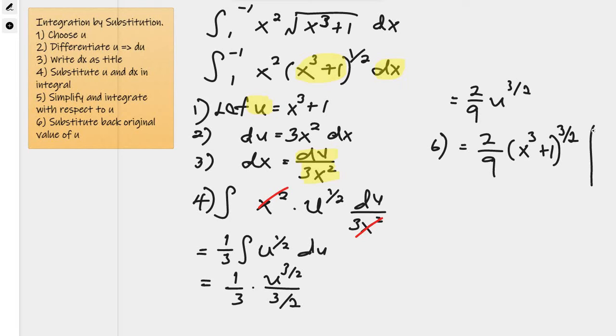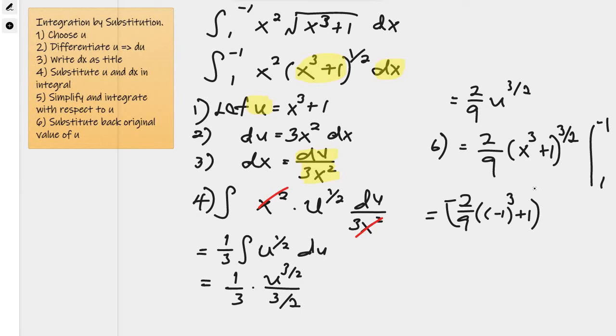So you need to integrate from -1 to 1. Remember, I have a definite integral over here. So I want to integrate from -1 to 1, so you need to substitute the values. Equals, I substitute my x equals -1 first. So 2 over 9, (-1) cubed